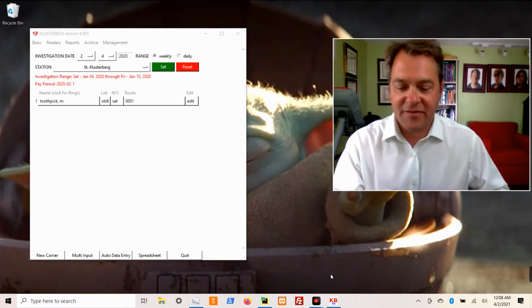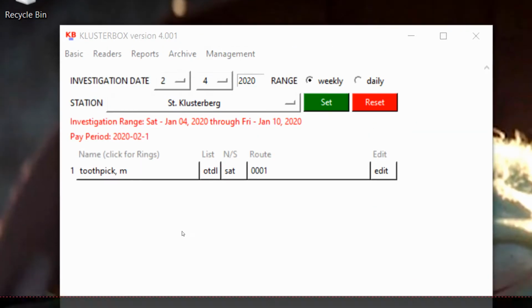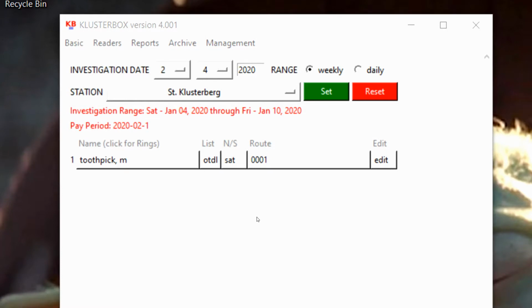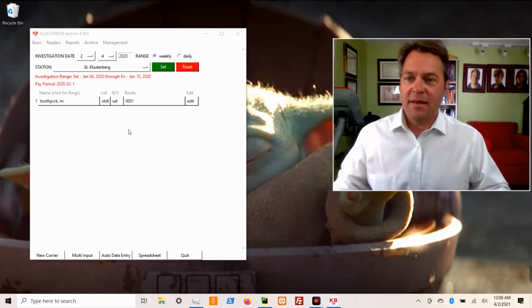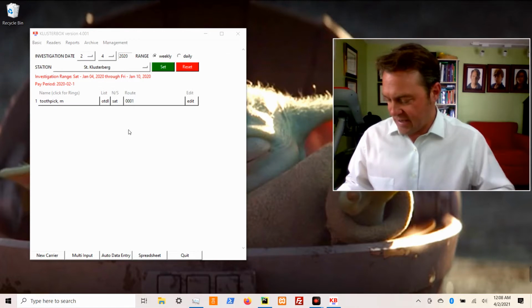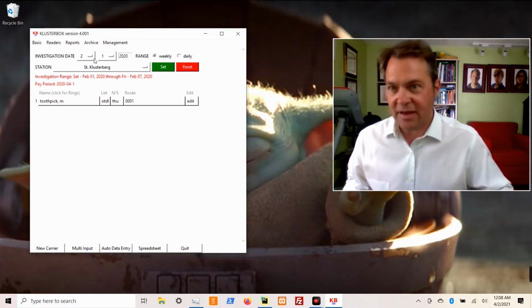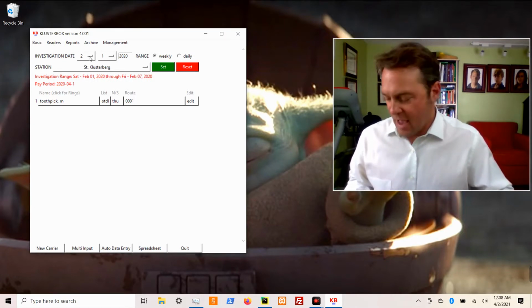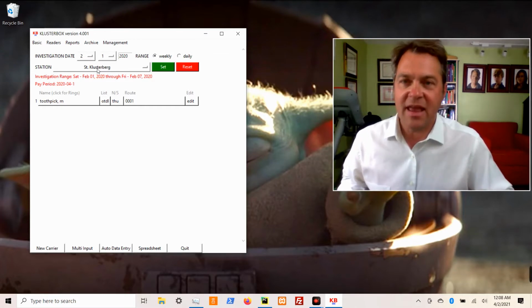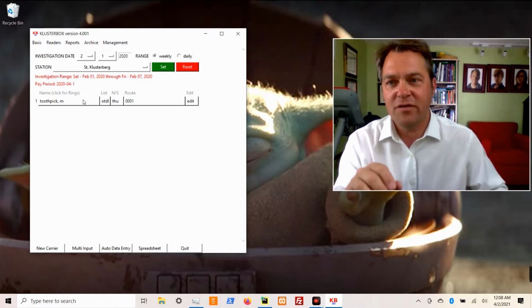So, for the sake of example, I have created this carrier, toothpick, in this station, Klusterberg. Okay, now I'm going to add some more clock rings. So let's change the investigation range to reflect those clock rings. Now, the carrier toothpick, they've decided that they want to get off of the overtime desired